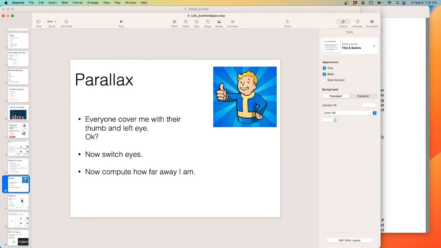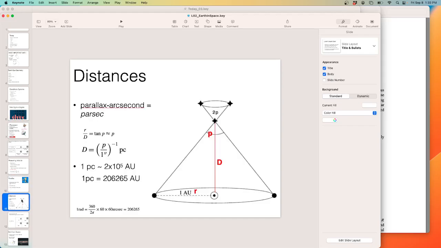So we've talked about parallax a little bit, right? It's the apparent change in where things are based on you moving around in space. So as I move from one side of the planet's orbit to the other side of the planet's orbit, if I'm looking at an object, the background stars are at infinity, and it looks like this object effectively moves from one point to another by an angle p. And the distance to that object, the formula is actually super easy. So the formula is